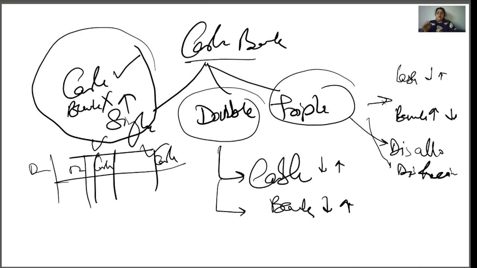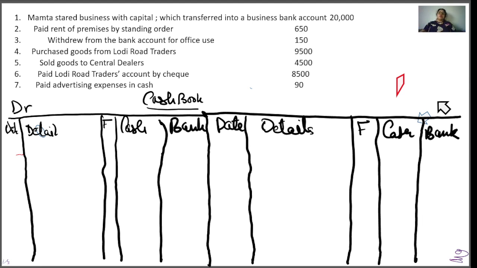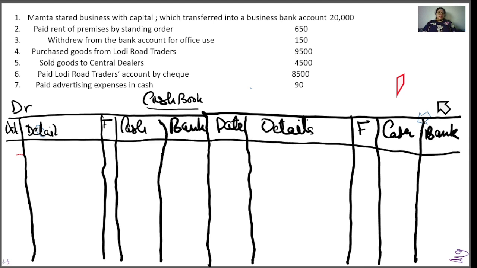Now in front of us there is one question which is of a double column cash book. The format is in front of you; I prepared it earlier. It's basically a T-shaped account, just like you learned in the ledger. This side is debit, this side is credit. If there is a receipt, you record it on the debit side. If there is a payment, you record it on the credit side. Cash and bank are recorded, so we need to prepare two columns.